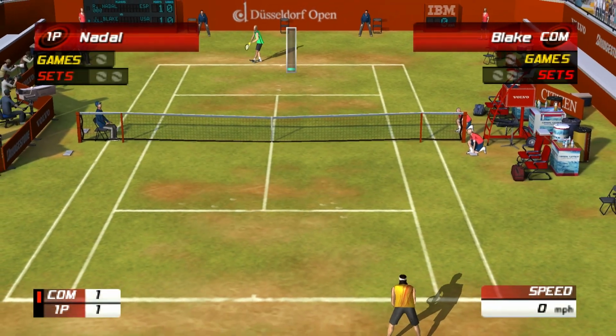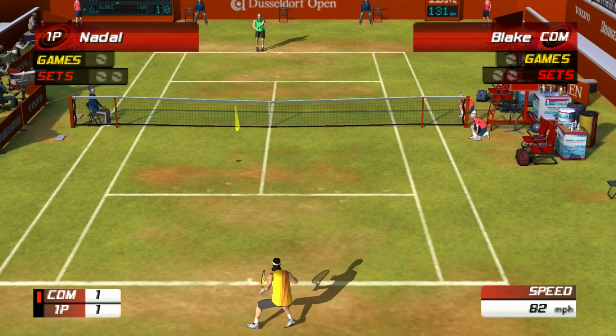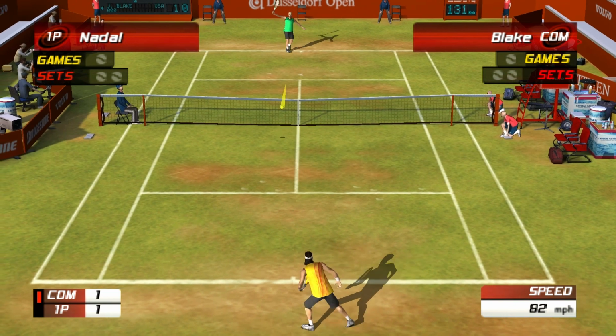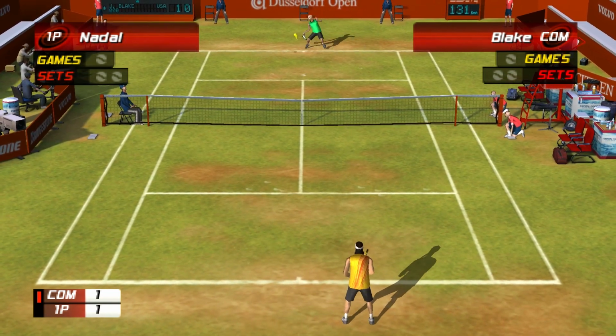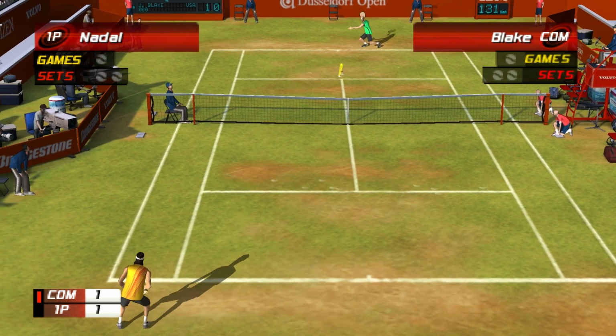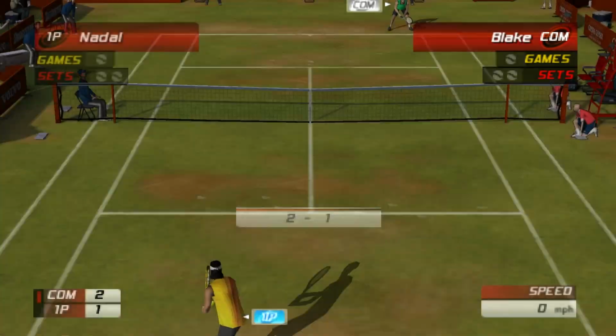1-1. Blake with a wide serve. Backhand return from Nadal. Forehand from Blake. Forehand from Nadal. Backhand from Blake. Nadal forehand. Blake backhand. Backhand slice from Nadal. Forehand to the left with depth from Blake. Nadal returns. And then James Blake with a forehand with depth to the centre, and it's a forehand winner from